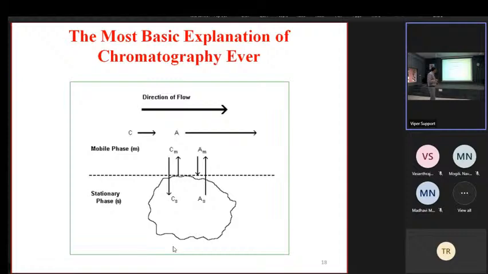Then A has more attractive forces towards the stationary phase, not the mobile phase. So A will travel slowly, because the stationary phase is stationary in the column. A is attracted more towards the stationary phase, so it will travel very slowly. After 10 minutes or after 5 minutes, it will elute, and we will get the peaks for A and B. So ultimately, we will get the